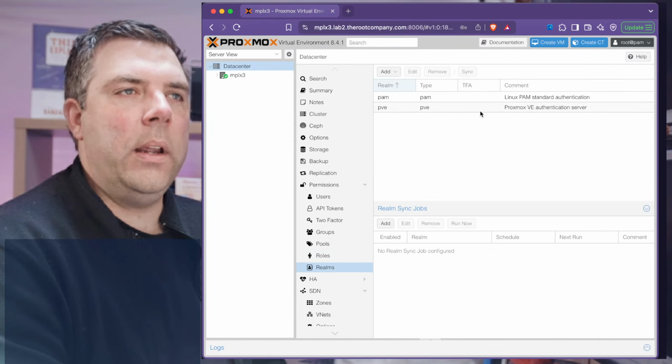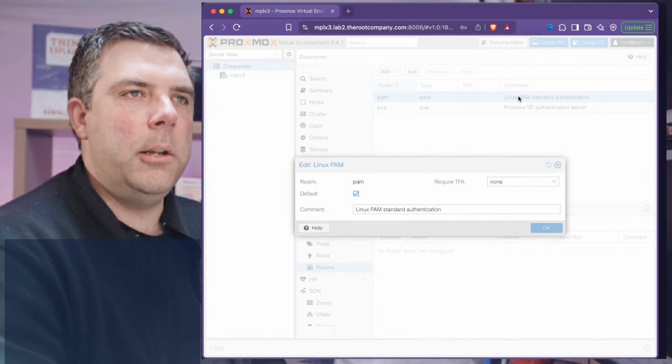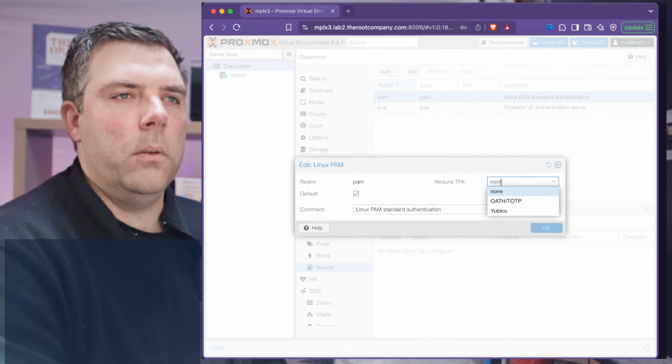And we'll go into the PAM. That's the Linux realm. Let me double click on that. And do we want to require two-factor authentication? Of course we do. Okay, so